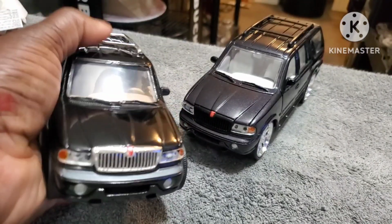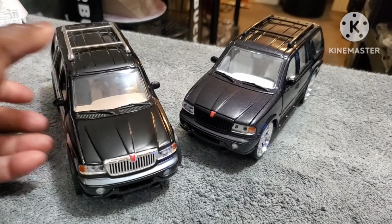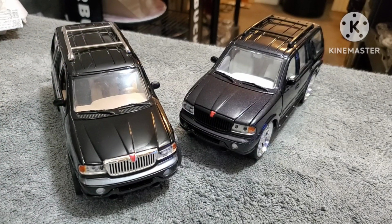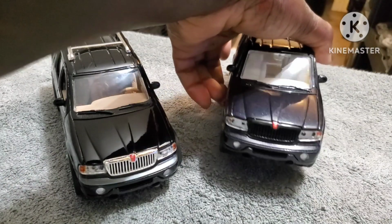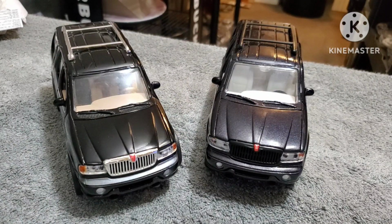But it's just like when they decided that they wanted to go big on the headlights, it just kind of threw everything off. So I wasn't a big fan of that. So the second generation pretty much was the only generation I really didn't like that much. But all the other generations that followed, yes, I love them. I love them. And me personally, I just think the third generation,